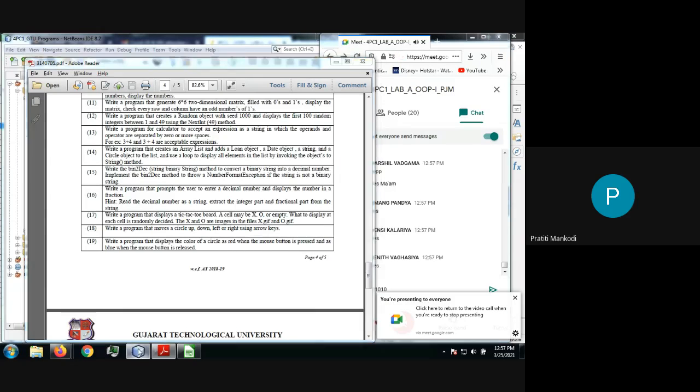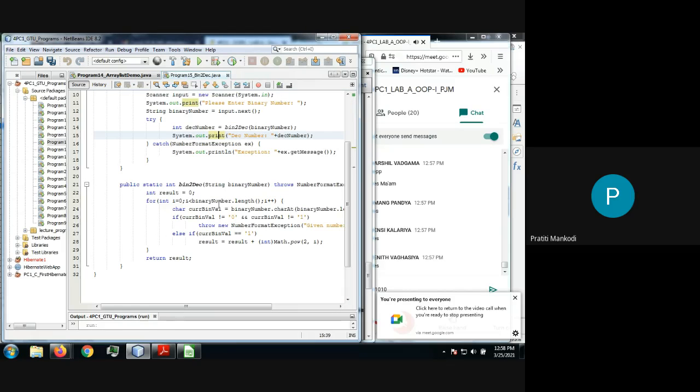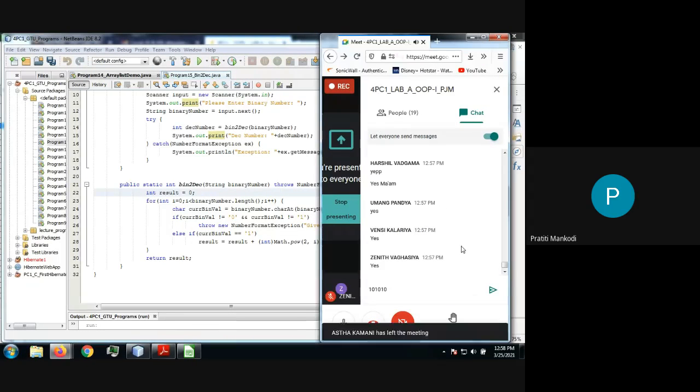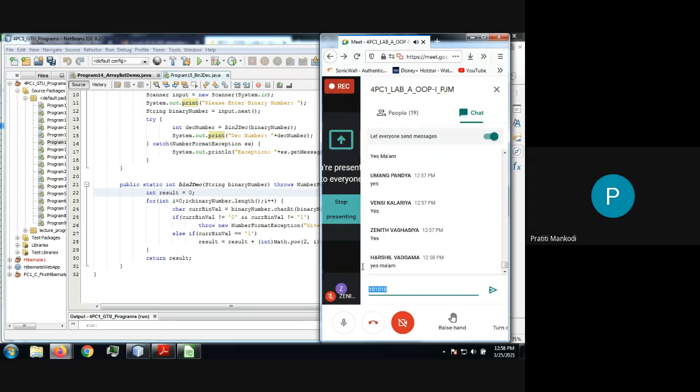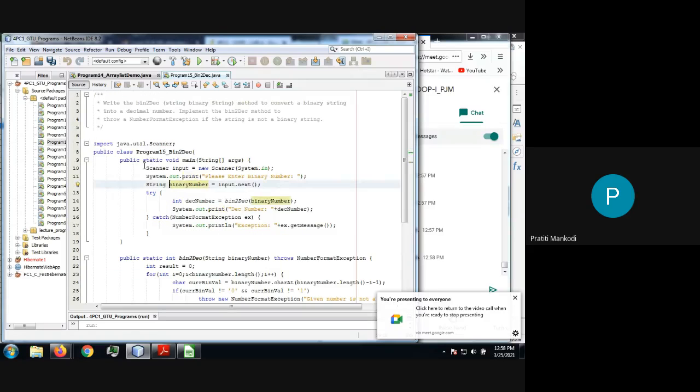Let me show you the code. It is actually very easy. Converting binary into decimal is an easy process. I think you might have done it in C also with ones and zeros. By learning the 2 raised to 0 method, you can very well convert it into decimal. This is 2 raised to 0, 2 raised to 1, 2 raised to 2. You know how to convert binary into decimal. See this. I am taking one string from the user.